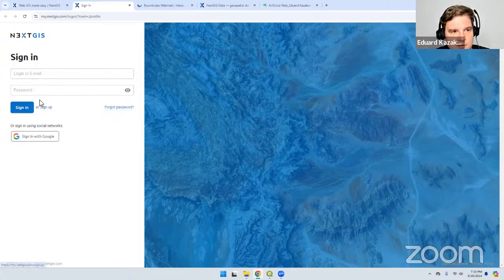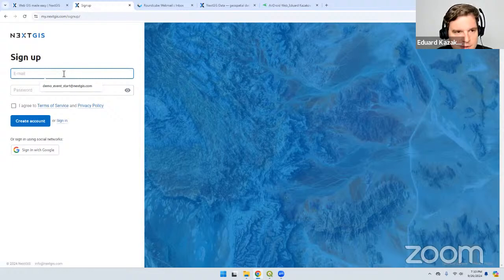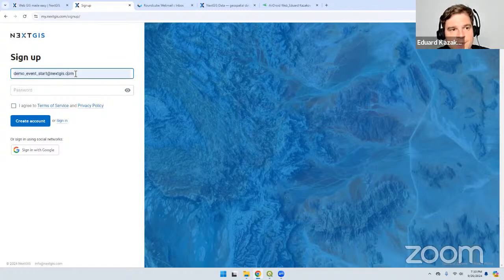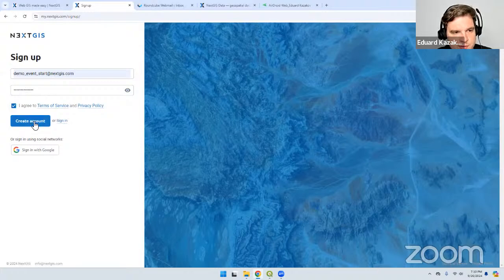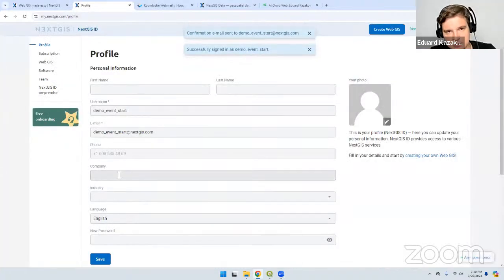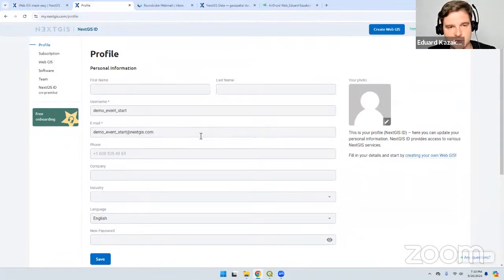So let's do it together. I press the sign up button, select my email address. It's very important to check and double check this email address because everything will be connected through this email address. And let me invent some password. Push the agree button and create account. So our account has been created immediately. We are now in our profile interface